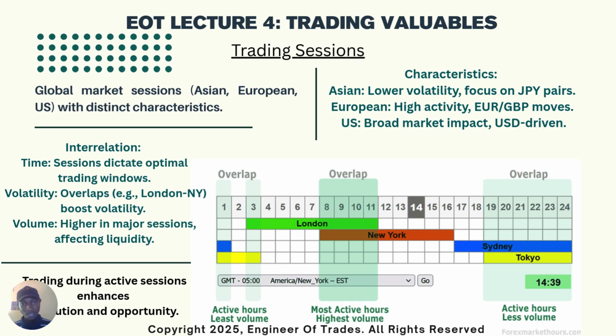Then we have another session that has a very good overlap. That is if you operate within the Asian sessions, if you have assets that have a connection with the yen. So the Sydney and the Tokyo markets: as soon as the Sydney market opens, 2 hours into trading, there is an overlap between the Sydney and Tokyo markets. Understanding that from the onset is very good for your trading.